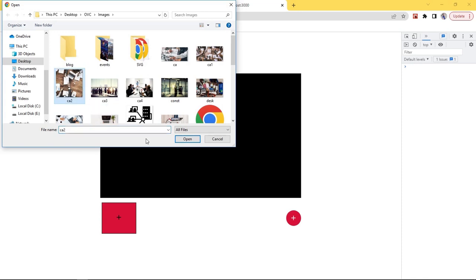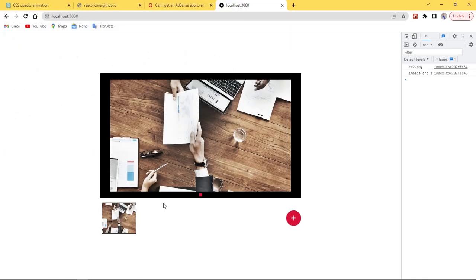So this is an example of what we're going to do today. This is actually an asset picker where you can pick assets, for example, images or videos. And yeah, this is an example where we will have a button here which is going to add a new button. This button is going to enable us to select images. So we're going to click on this and select an image. And once we select an image, it is going to display right away in this bigger